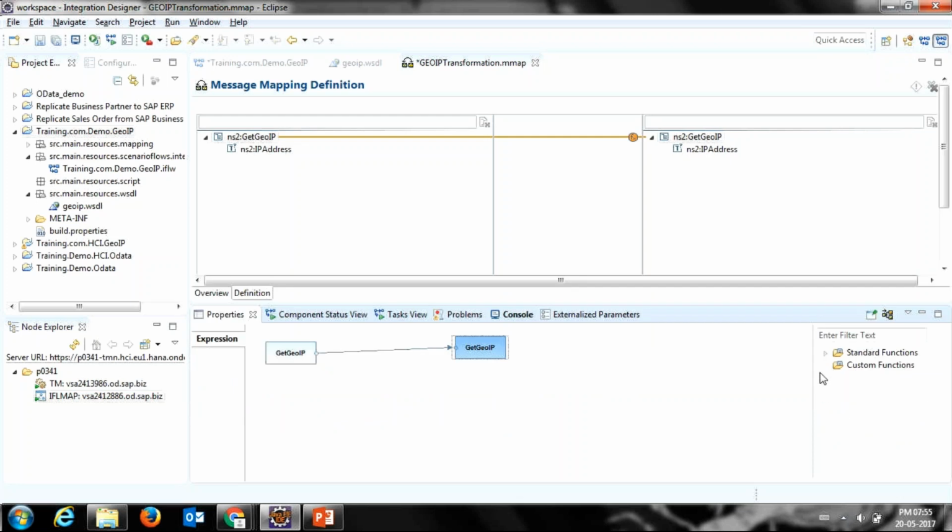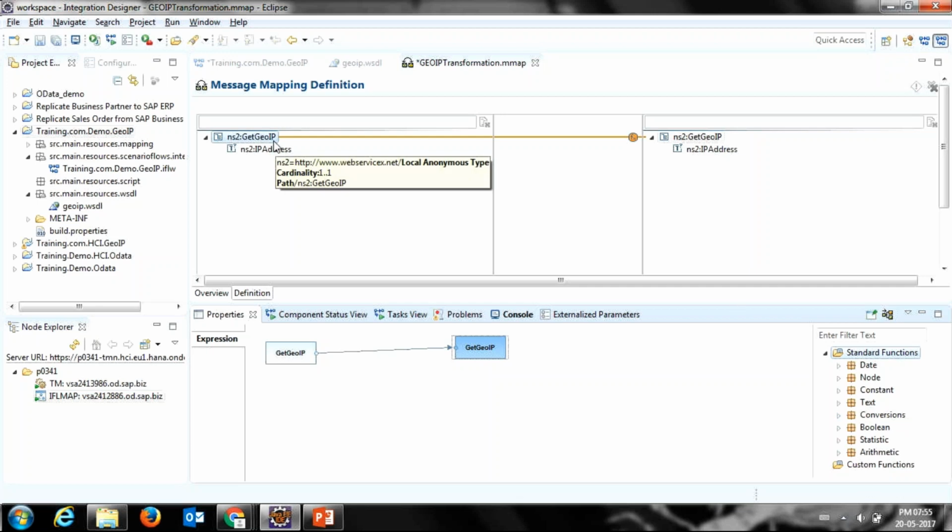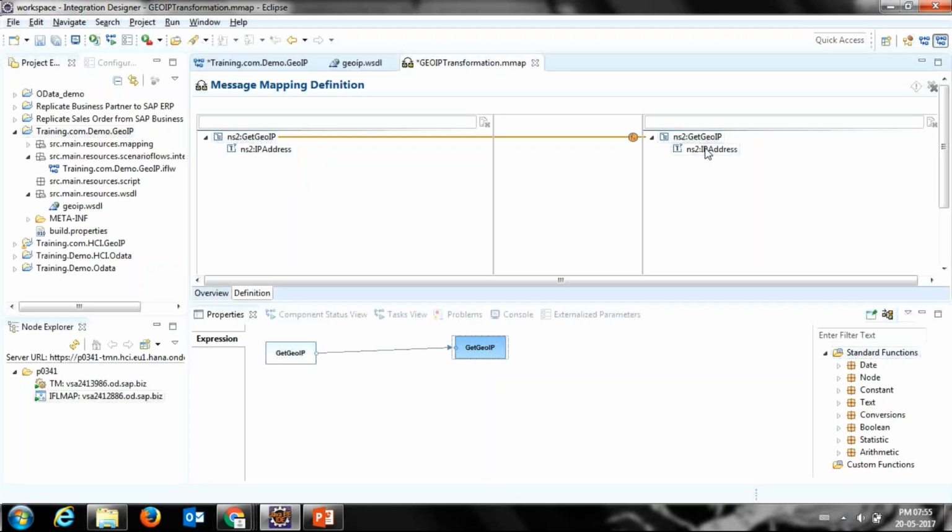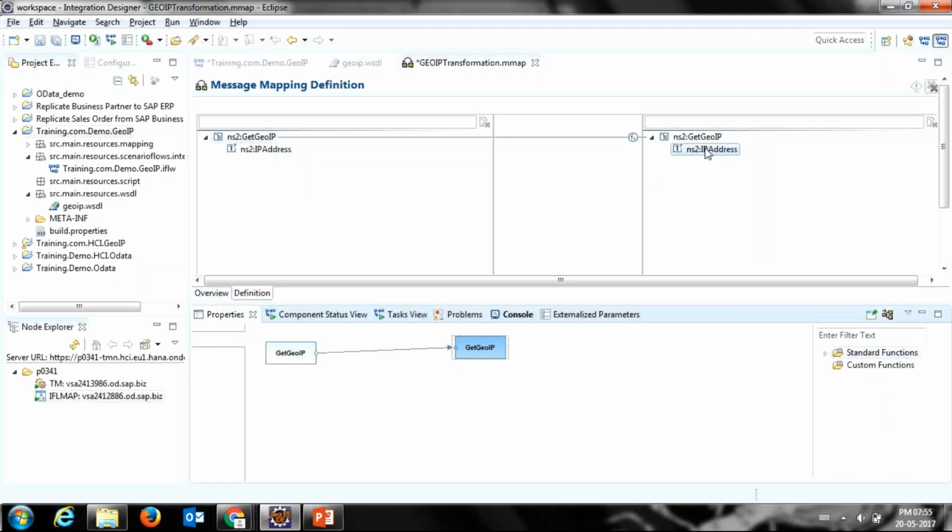These are the standard functions available in your HCI, just identical to your PI. So for the node one, I am not doing any changes, but for the sub node, the IP address,